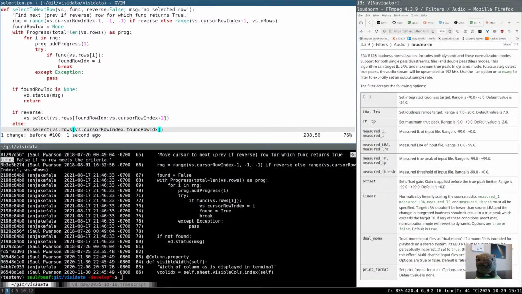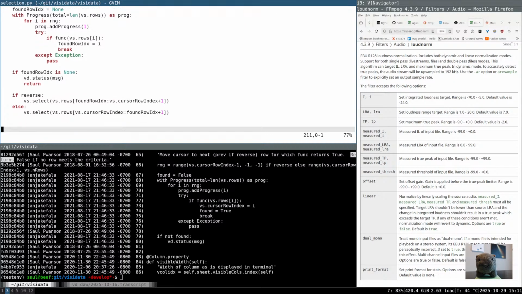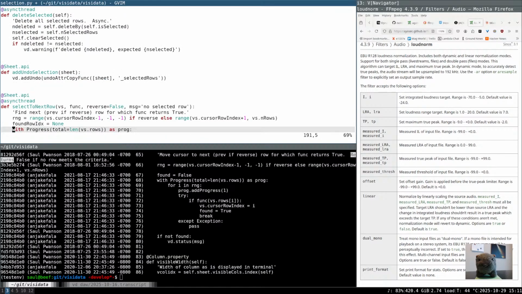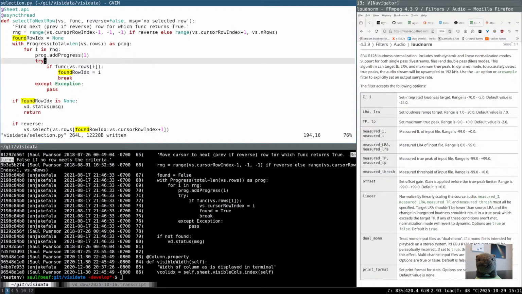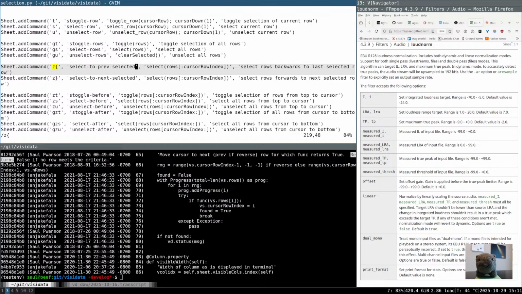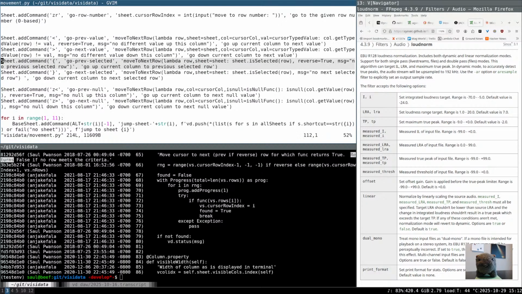We're going to make it not inclusive, I guess. Shouldn't matter, actually. Okay, so we've added this select next row, which might work as it is. Let's make this Z thing here, and it won't be selected. We select the next row from